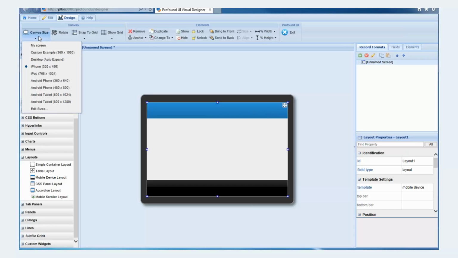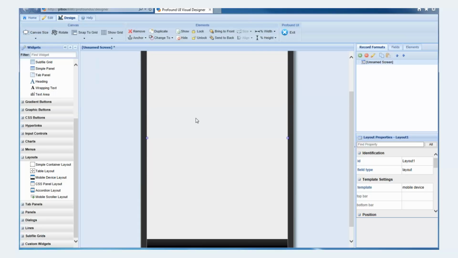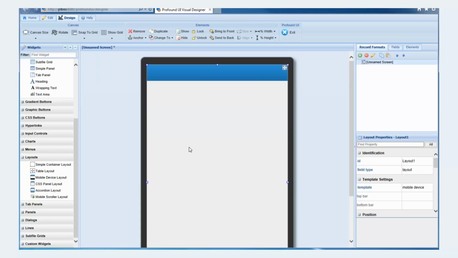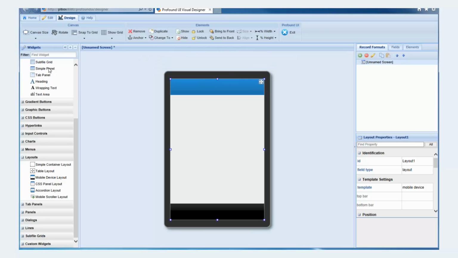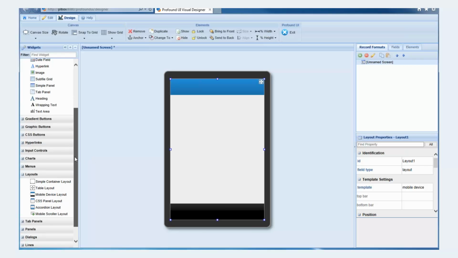Or if I were to change this to a completely different screen size, like say this larger Android phone, it's stretched now to be the size of that phone. So it's changing as the screen changes, and it'll do this at runtime too. It'll actually change as the screen size changes. So this is how we can deal with people rotating the phone and wanting to make things adapt, for example,